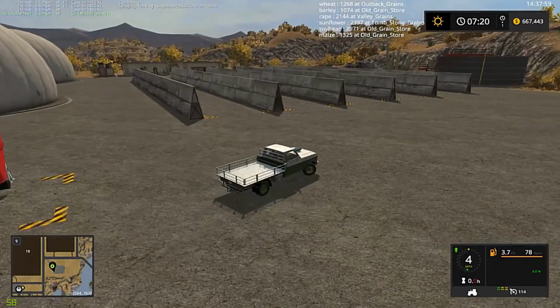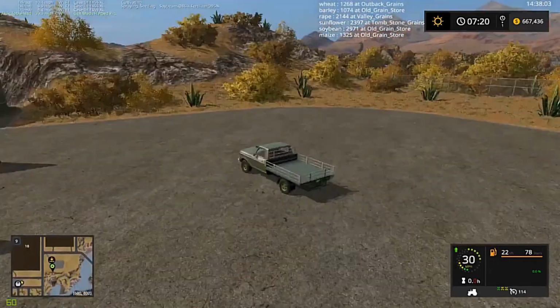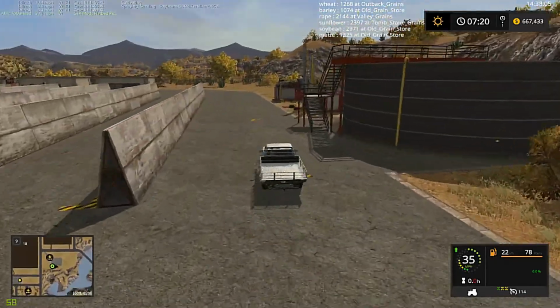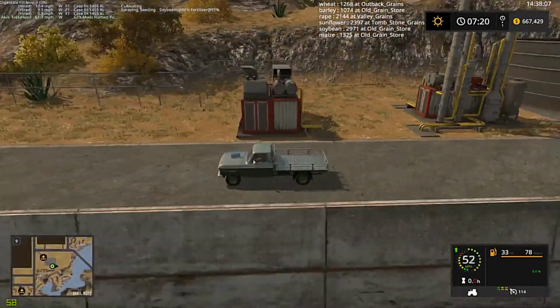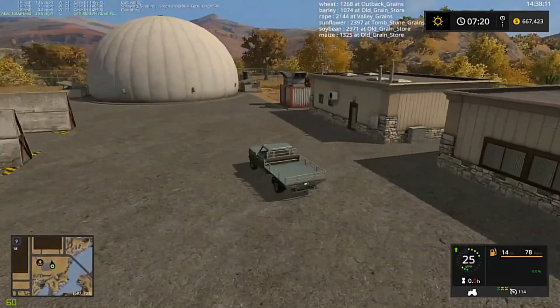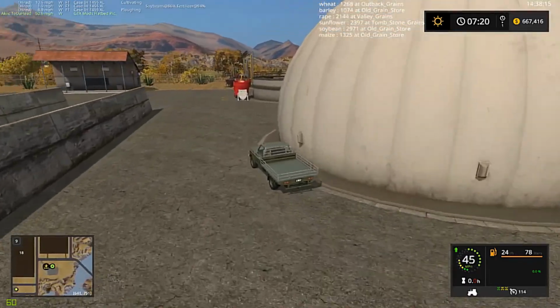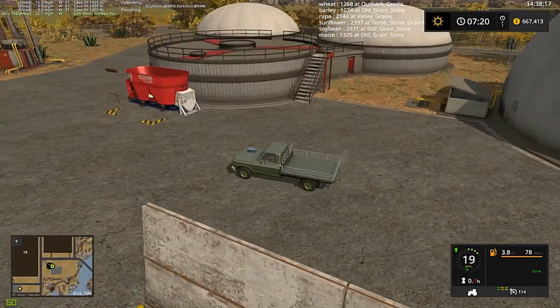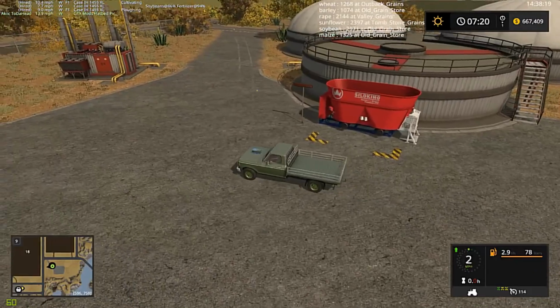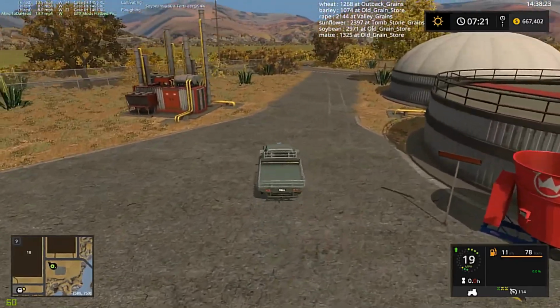So this is the biogas plant. Just your typical biogas plant that you can do. Let's see, does it take wood chips here? Doesn't look like it takes wood chips. So you got your regular silage clamps, and then you've got your fertilizer here. Your silage drops in there to make the fertilizer. But I don't see...